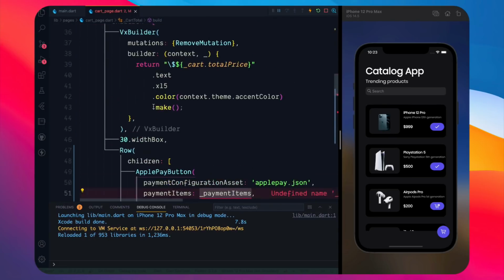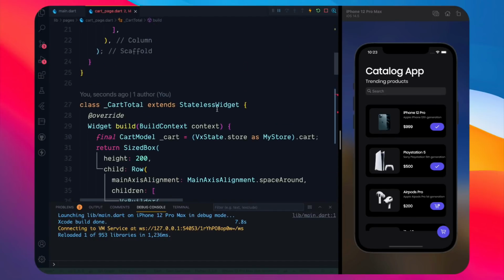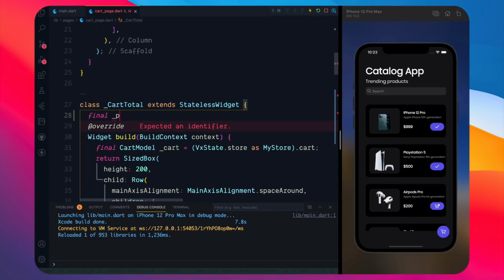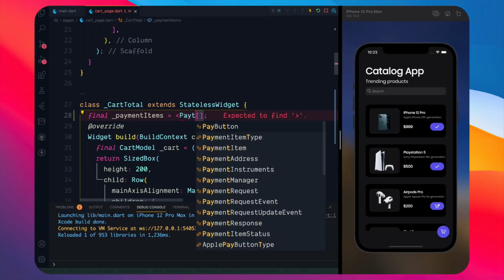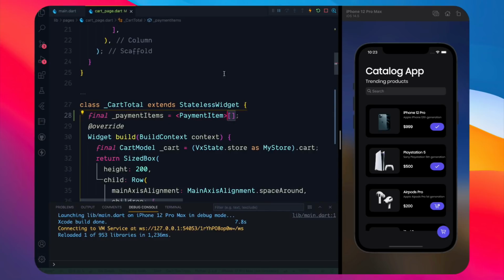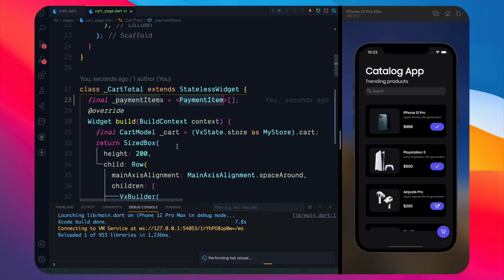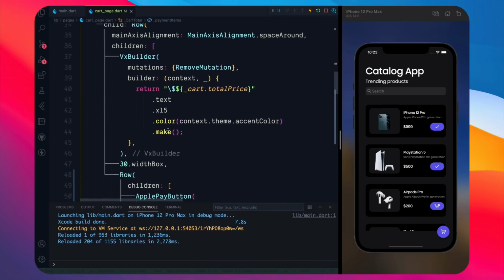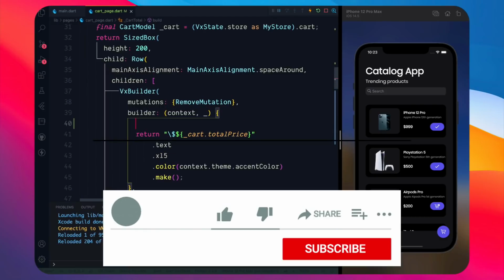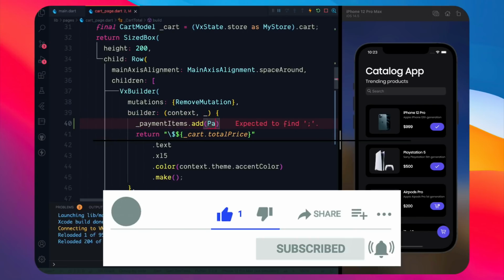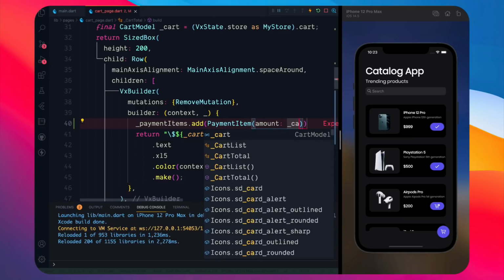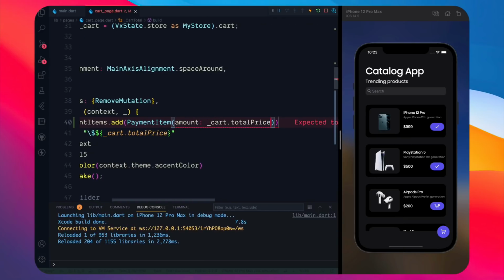Now we have to add these payment items. I can add payment items over here, and this will be a list of items. So I'll just say payment items. You will get this with the pay plugin itself, so you don't have to do much. Similarly here, inside this place I can add payment items dot add a new payment item, where I can say the amount is basically my cart dot total price dot to string.